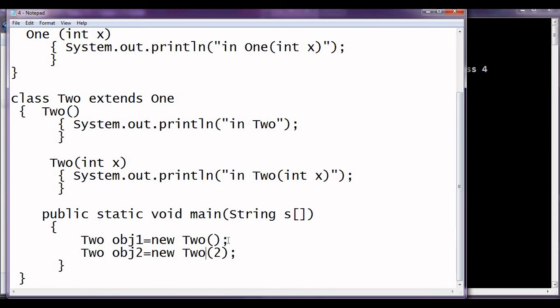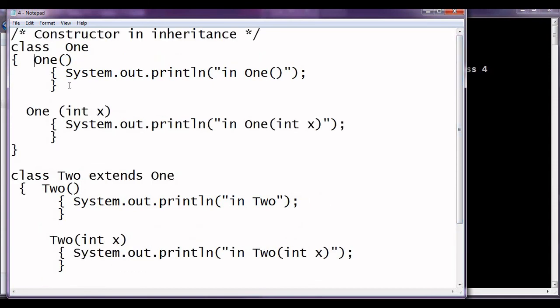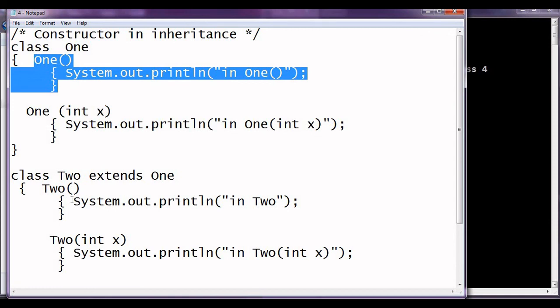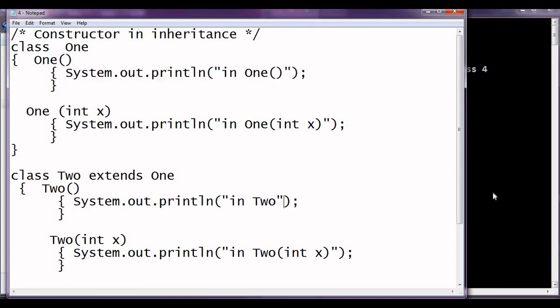Whenever we create an object of class 2, obj1, at that time it will jump to this constructor. Here it will find out which constructor of the base class should be executed. We have not written anything over here, so it will jump to the default constructor. It will execute this, come back and execute this. So the output will be in 1 and in 2 for the first object.